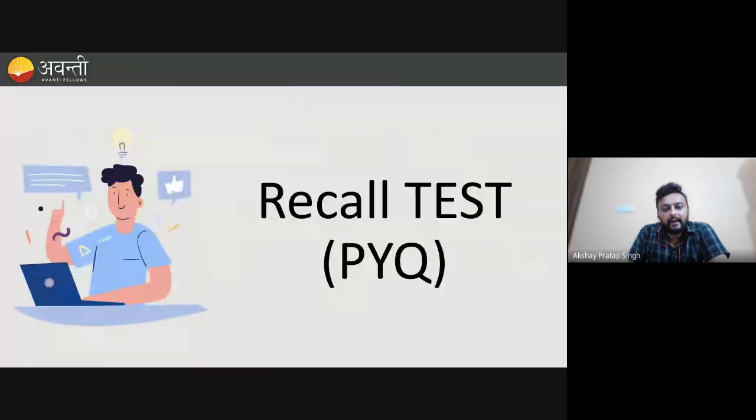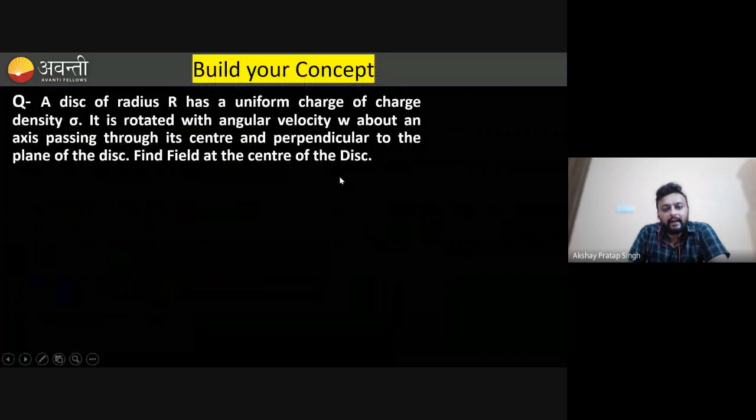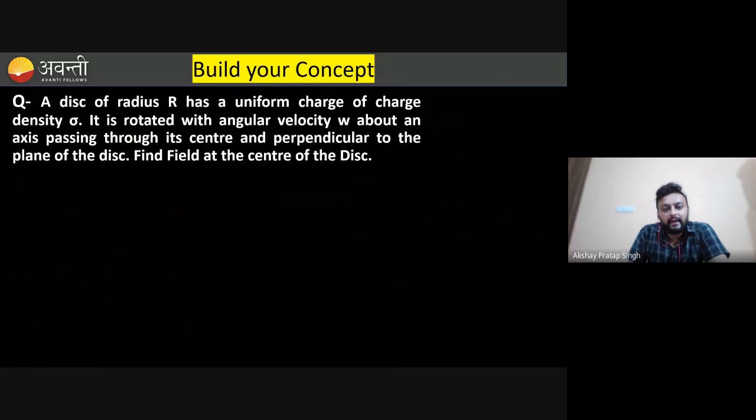Now it's time for your recall test. Let's revise the concepts. Okay, so what is the first question on your screen? The question is very interesting. What it says,